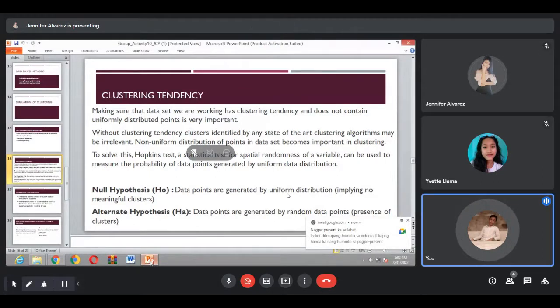Clustering tendency. Making sure that the data set we are working with has clustering tendency and does not contain uniformly distributed points is very important. Without clustering tendency, clusters identified by any state-of-the-art clustering algorithms may be irrelevant. Non-uniform distribution of points in data set becomes important in clustering. To solve this,